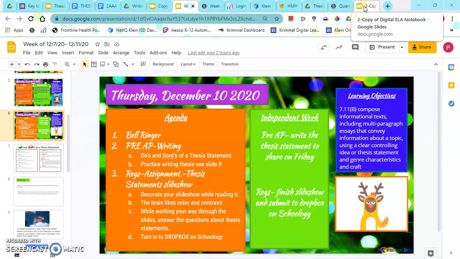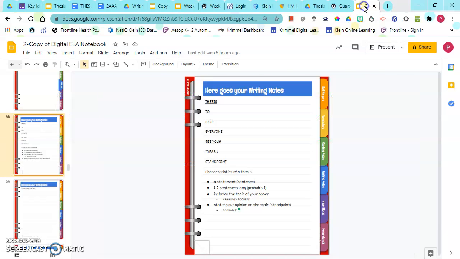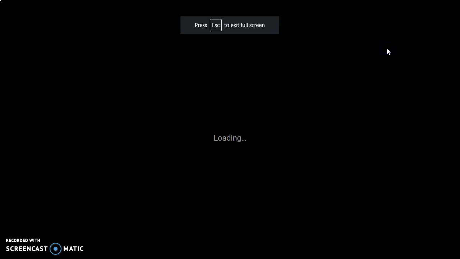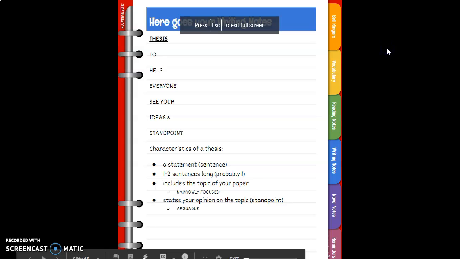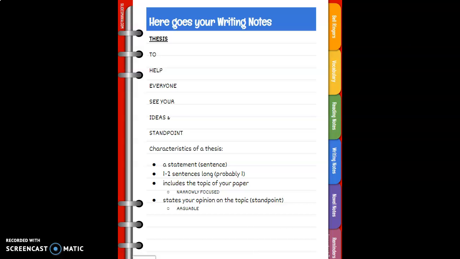In your digital notebook, please go to your writing section. Today, we begin by talking about the thesis statement. The thesis statement is the statement that is a part of your introduction that lets people know what you're going to be talking about. So I've written the word thesis vertically,